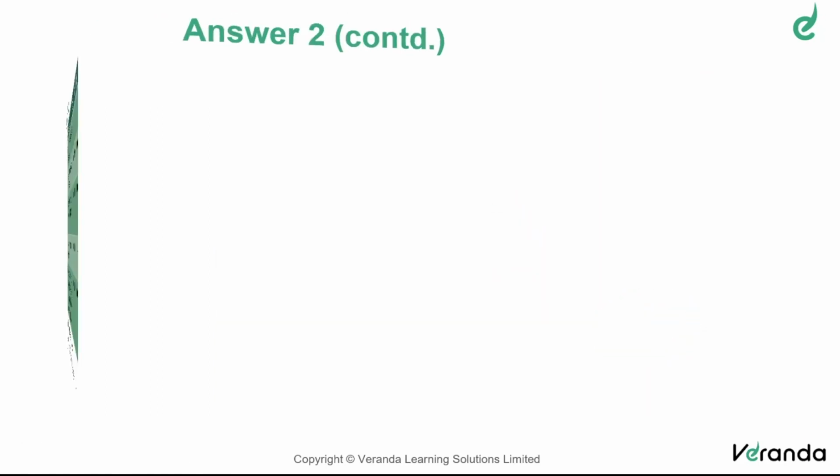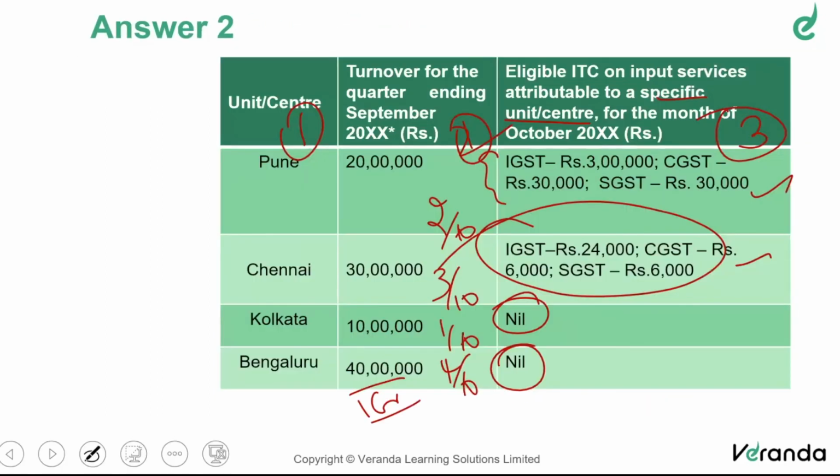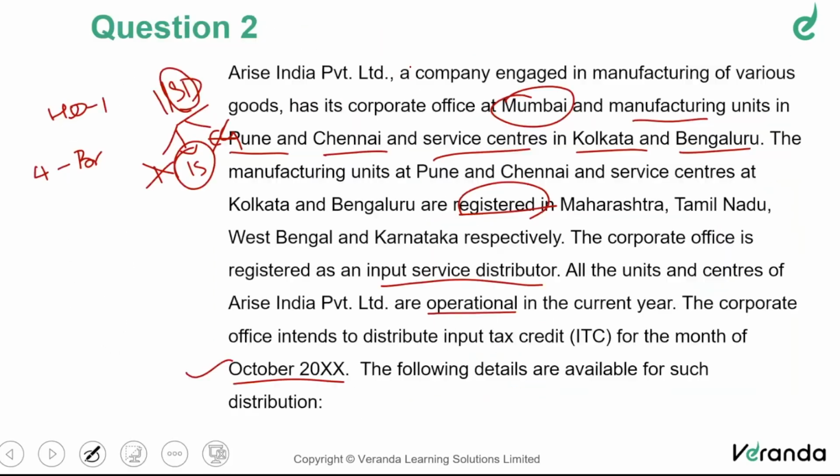Now here, look at the question. They have given the turnover for the last quarter ending September. Is that correct? Yes, it's correct because the rule is the preceding year, or if the preceding year's turnover is not available, then we will take the last quarter turnover. Okay. So is it given in this question that any units do not have turnover in the preceding year? Nothing given. So technically speaking, they should have given the preceding year turnover also, which would create confusion. But here there is no other option. Only one turnover is given, you have to use that.